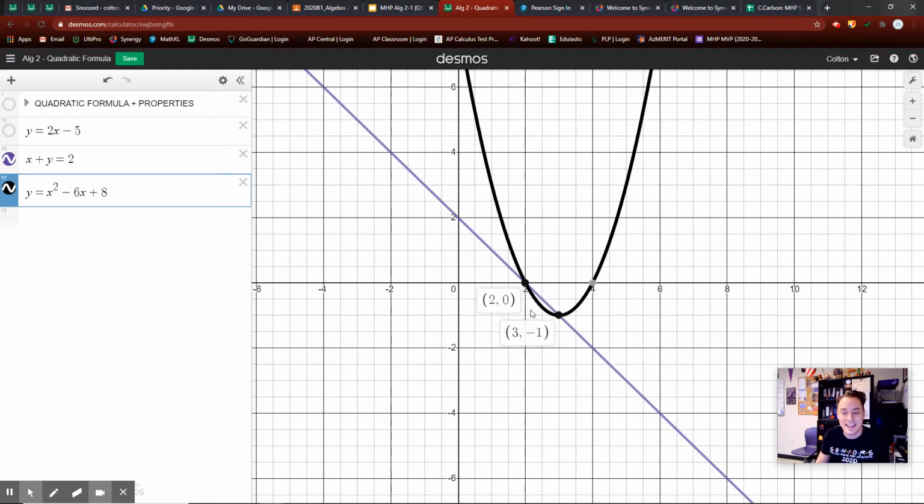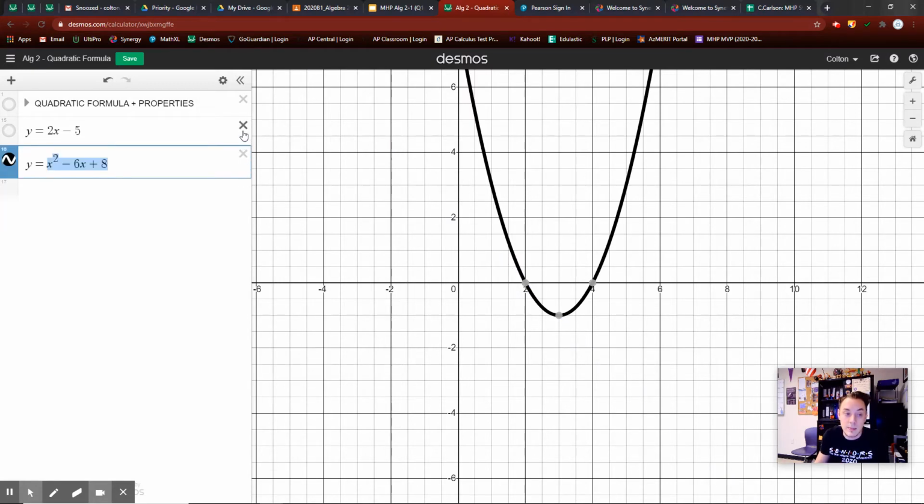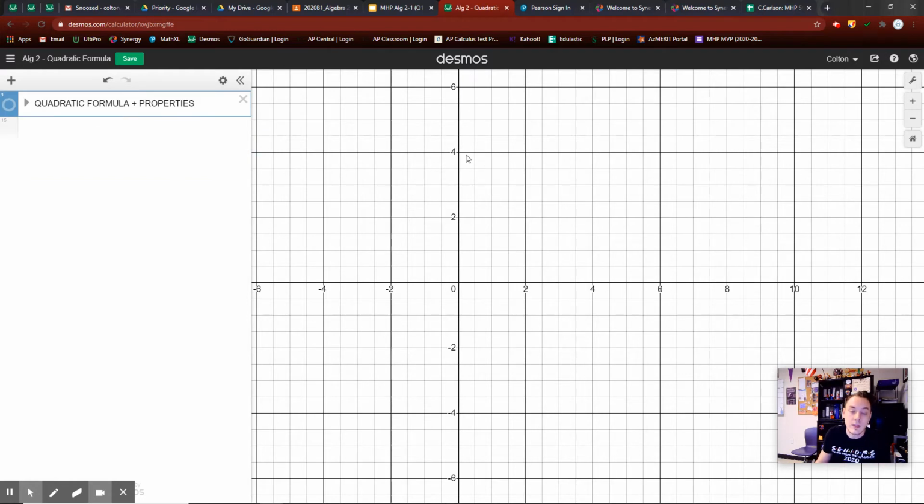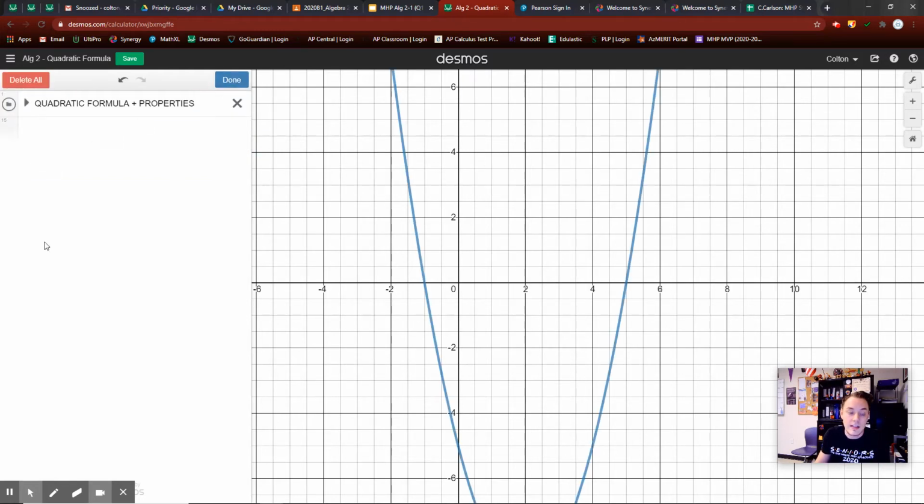Thanks, Desmos. So, of course, yes, you can solve this by just substitution. I would substitute this whole thing, take that and substitute it right there, simplify it, subtract the 2 over, factor, and then start plugging and chugging. But I don't want to do that here because I just don't want to waste the time. All right? Fantastic. Let's move on